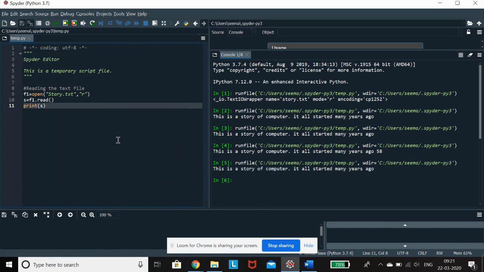Okay, you can see the output in this output window here. The content of my text file is being displayed here in my output window. Now let us understand these three lines of code which I have written here. Obviously this first line is my single line comment, and then I am opening my file by the name story.txt,